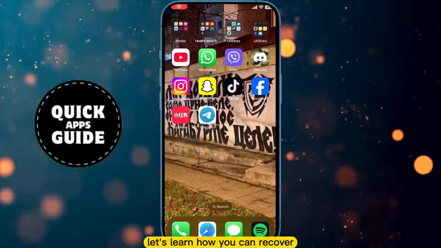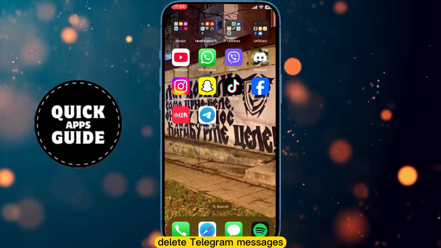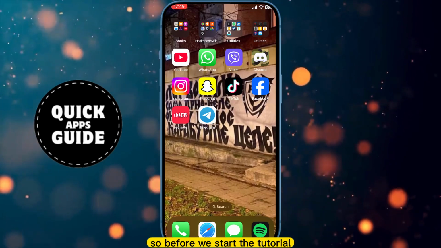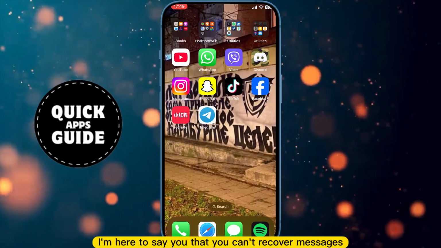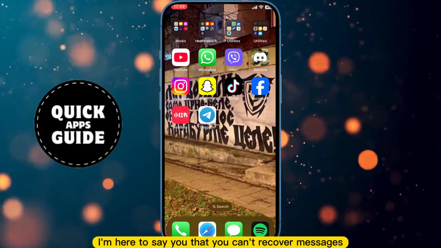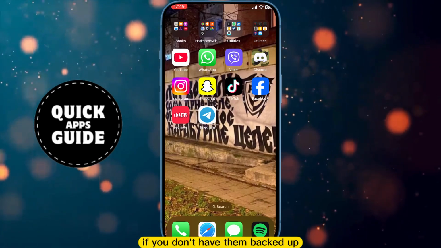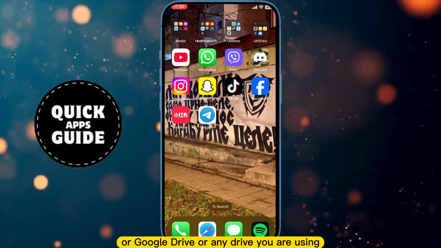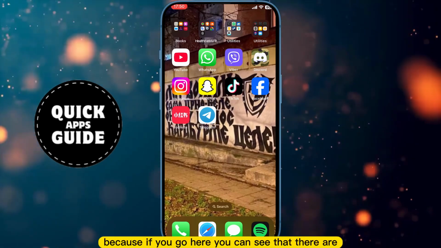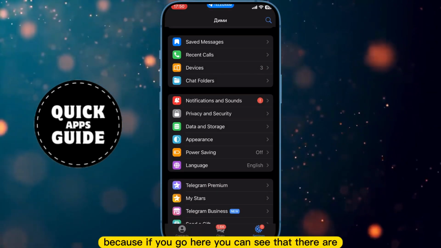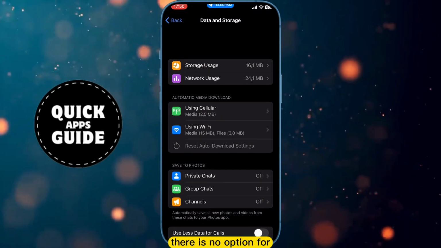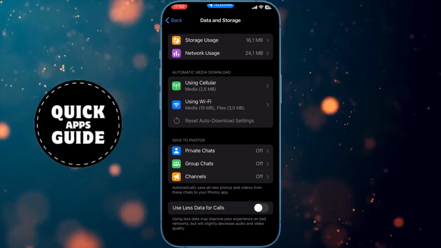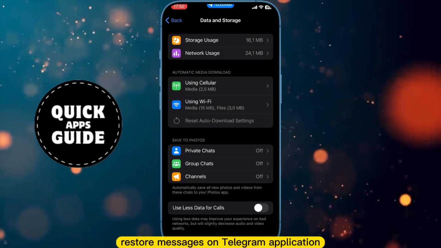Let's learn how you can recover deleted Telegram messages. So before we start the tutorial, I will have to tell you that you can't recover messages if you don't have them backed up or saved on your iCloud Drive or Google Drive or any drive you are using. Because if you go here, you can see that there is no option for restoring messages in the Telegram application, and